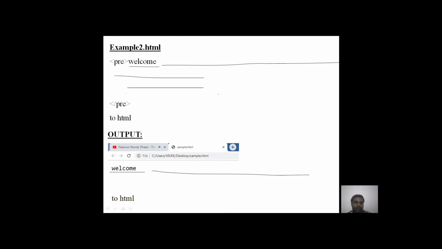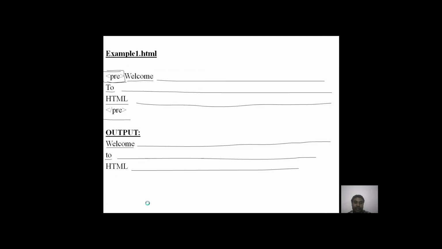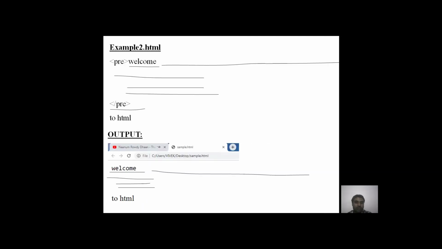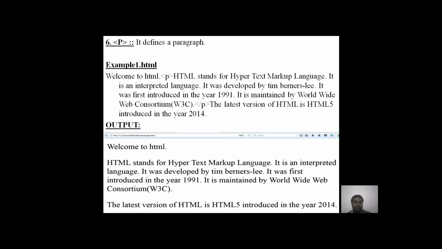After that you have used some empty lines, and those will also be displayed. After that you have closed the pre-tag. After that 2HTML is displayed. So here also, since you are using pre-tag, those empty lines or extra lines will also be displayed on the output screen. So this is the main difference between these examples.